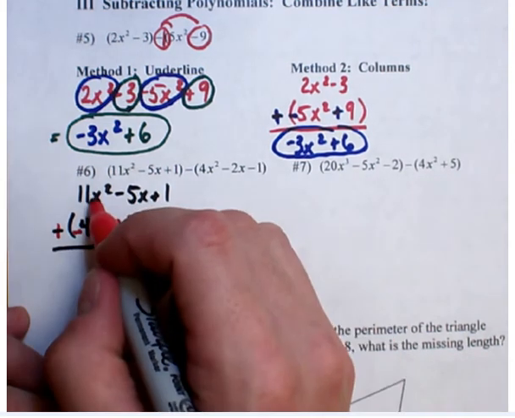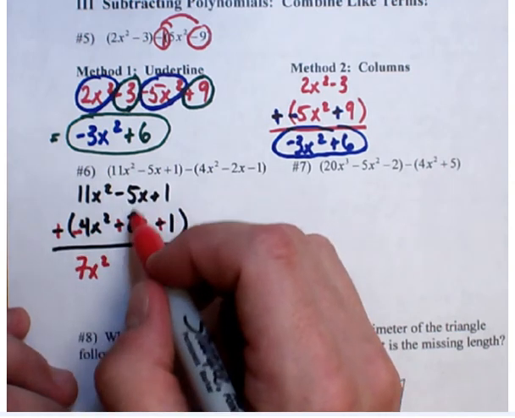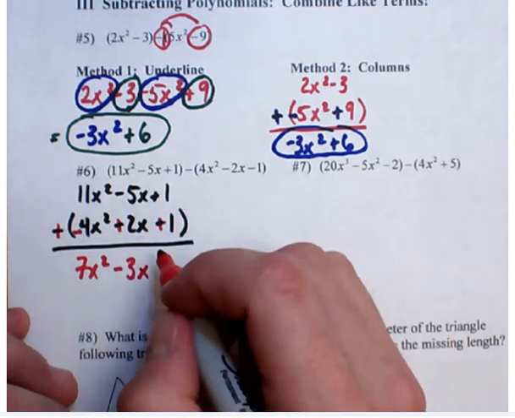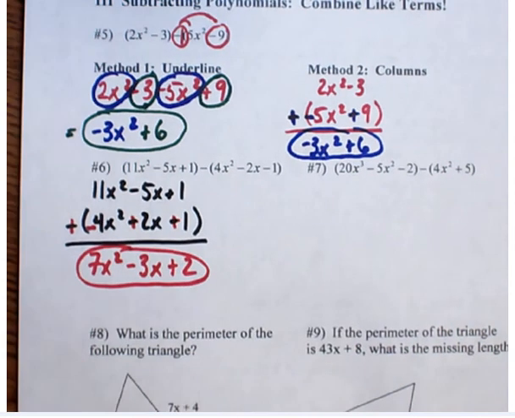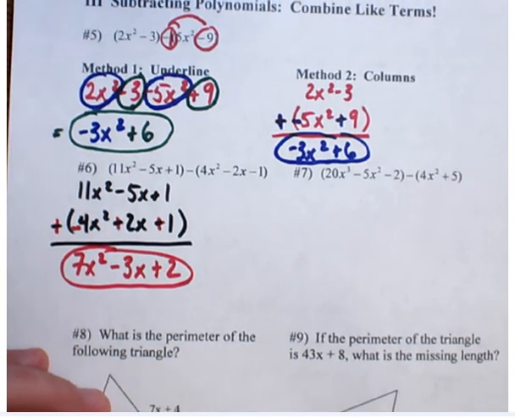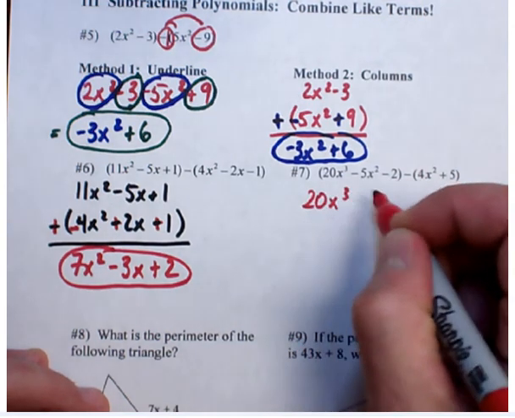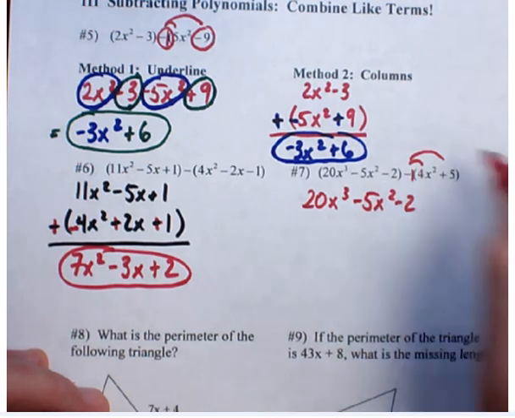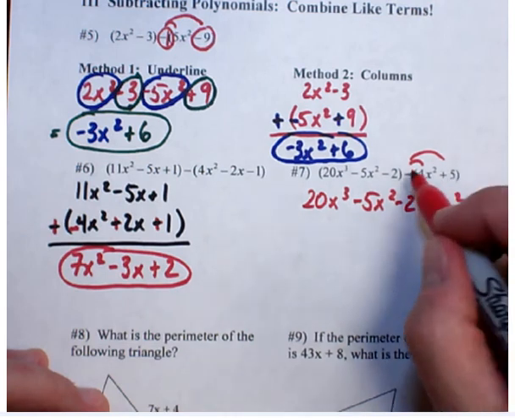Okay, here we go. 11x squared minus 4x squared, 7x squared. -5x plus 2x is minus 3x. +1 plus 1. 1 plus 1 is 2. That's it. That is simplified. Okay, number 7. Let's do this one, but I'll just distribute. I'm not going to put them into columns. So we get 20x to the third minus 5x squared minus 2. Let's distribute the minus sign. So this becomes minus 4x squared, and then this +5 times -1 becomes a